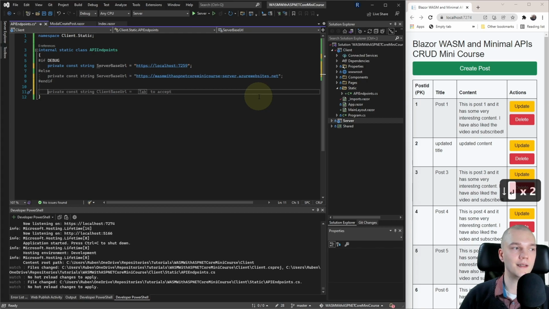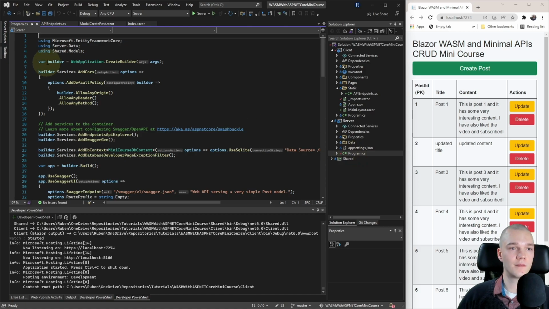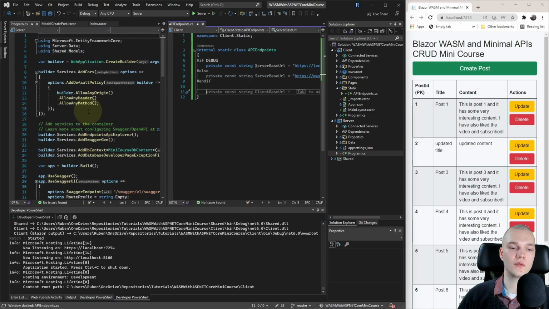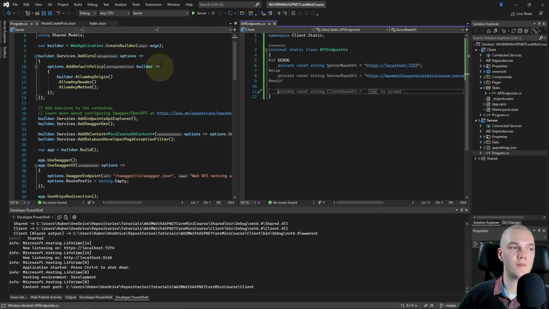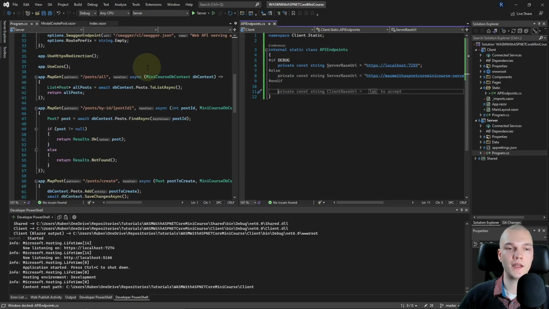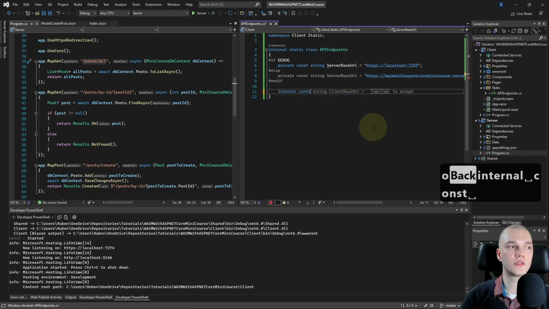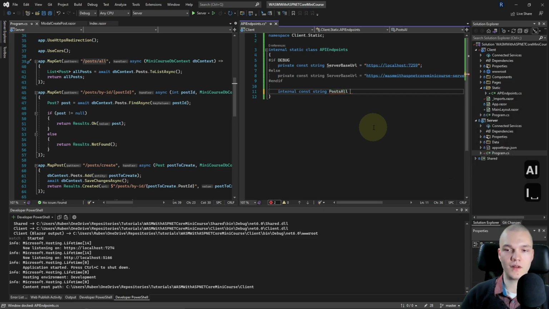Now let's add all the post API endpoints. So below that #if, I'll just open Server Program.cs and then I'll right click ApiEndpoints and do a new vertical document group and just maximize Visual Studio. Scroll down a bit. So now we can see the routes of the endpoints. So I'm gonna start with all the posts. So I'll do internal const string and I'll do PostsAll. Right, so that's kind of the naming convention I'm going for.